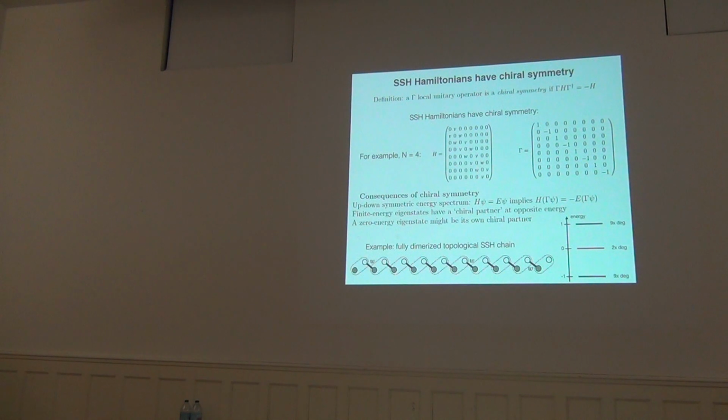And I think all of you who are familiar with the Bogoliubov-de Gennes formalism of superconductivity, this up-down symmetry is very familiar because you also have it there. There it's not the consequence of chiral symmetry. There it is the consequence of something else, called the particle-hole symmetry. Nevertheless, it's there. The effect of it is similar to the effect of chiral symmetry. It's not identical, but it's similar. So as in Bogoliubov-de Gennes theory, here you also have, because of the chiral symmetry, this up-down symmetry of the energy spectrum. Maybe I should note here that if you go to the Bogoliubov-de Gennes description, then this particle-hole symmetry